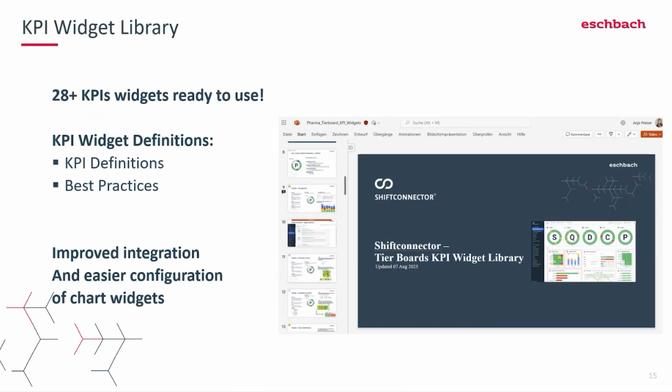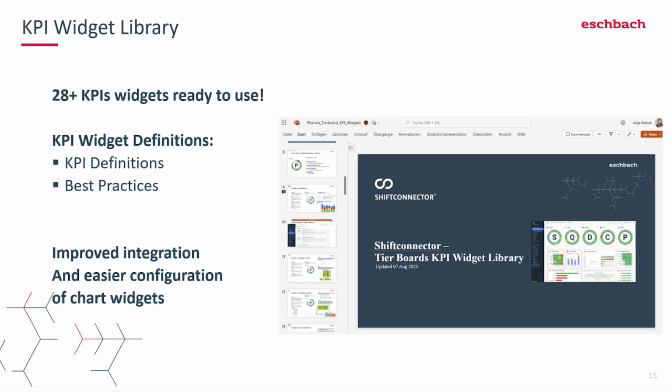Next to that, we have a bunch of other KPIs. When it comes to the types, like you can see, we've had some heat maps, bar charts, line graphs, and so on. We now have over 28 of those predefined KPIs that can be easily adjusted to your needs, with some best practices for what kind of KPIs they can be used for, and that are fully interactive. But on the other hand, we have this whole dashboard solution in the background, where you can even customize your own